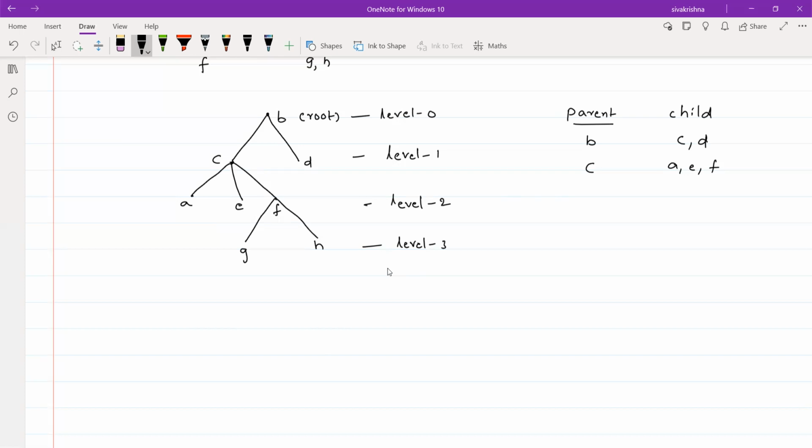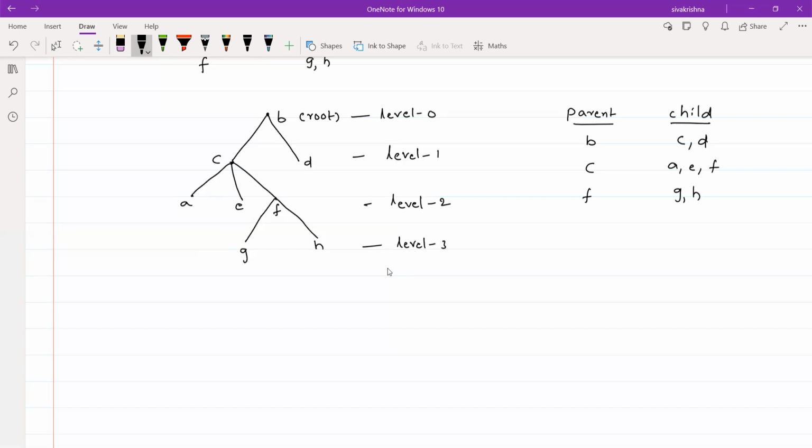So from A to C, we are not having any vertices incident on that particular vertex A other than C, so we can neglect A, also E, and finally coming to F. If you treat F as a parent, the children for F are Z comma H, because there are two edges incident on that particular vertex F. So this is the parent child table for a rooted tree.